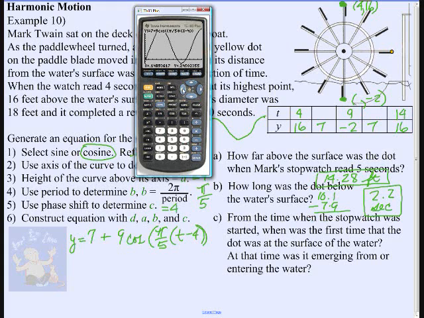So at the very beginning, when t is 0, it's underwater. So when it starts, it's under, just slightly. And then